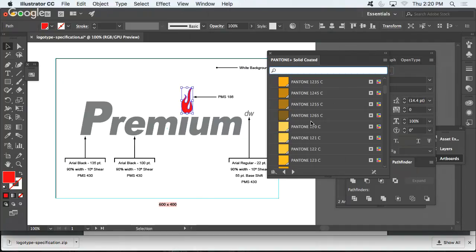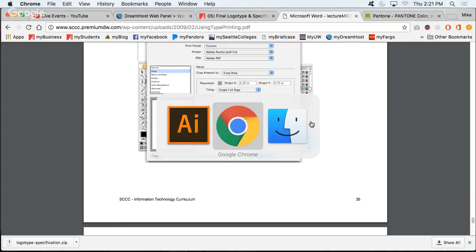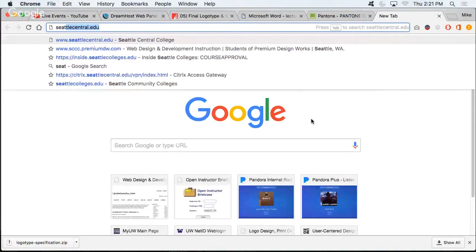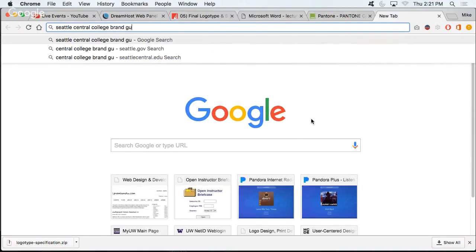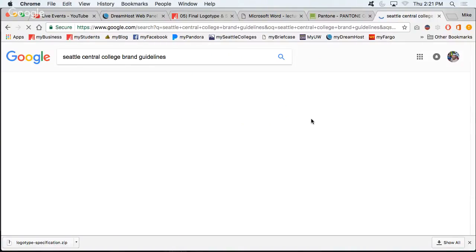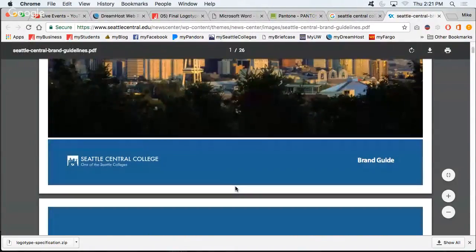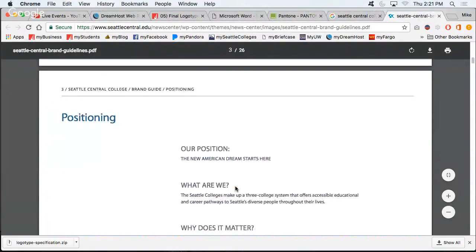Because then, when we do a logo specification like this, if we look at, you have a question that I haven't answered, right? But you can. Okay. If we go to Seattle Central College brand guidelines. I know I have a link for it somewhere on my website, but it's easier to just Google it, right? This is where, if they have a logo,